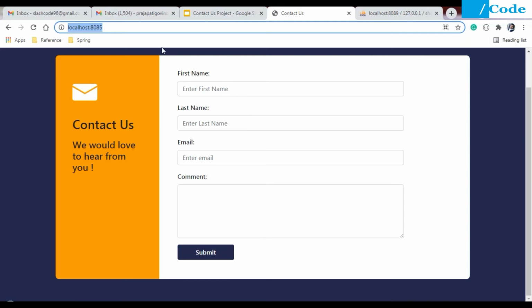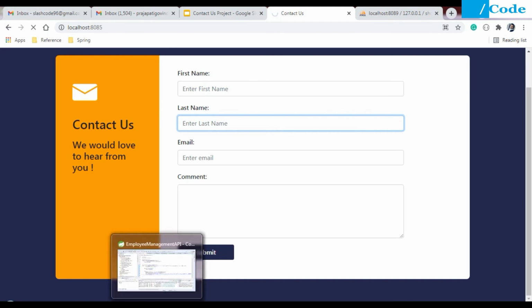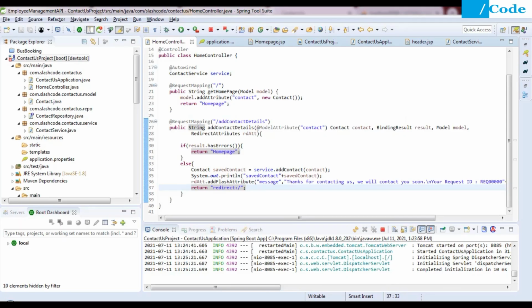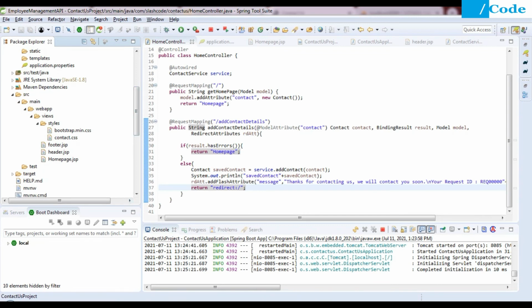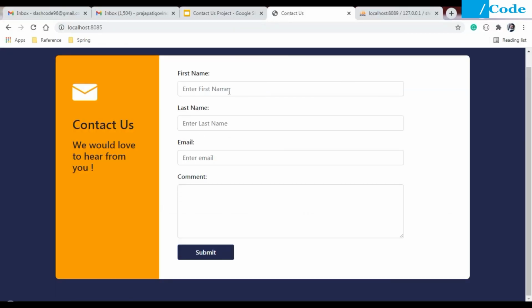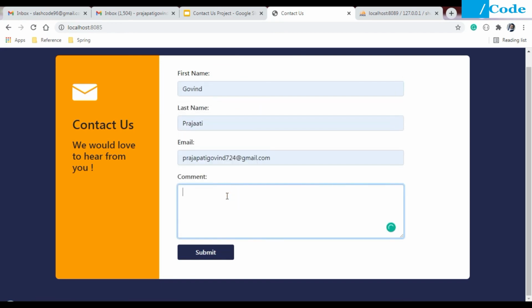Let me refresh this page, and it will click on the blank routing and route us to the homepage.jsp file which I have created here. It will redirect me to the homepage.jsp file. And this is the blank page. Now let me add my details here, and nice video, thanks. Okay, just this much, and just click on submit.